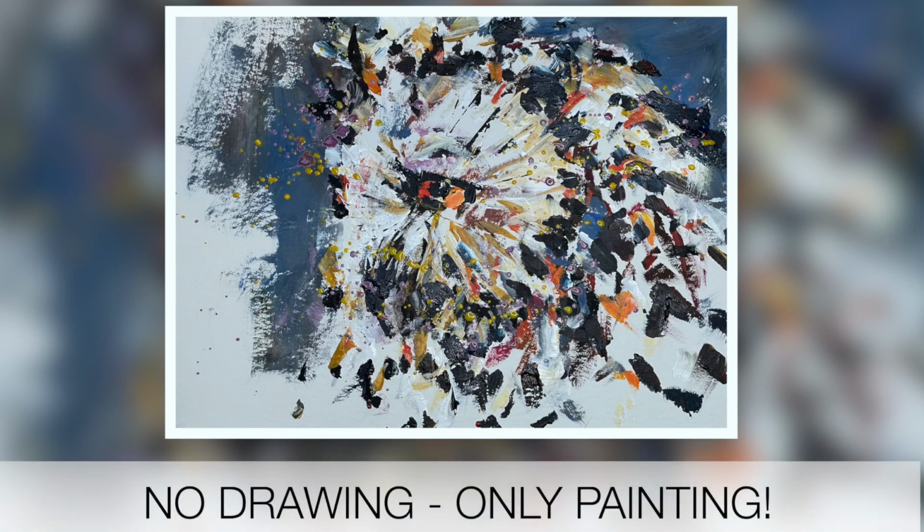This is a no drawing, only painting. I'm literally going to be painting with my brush without any outline drawing. And this owl is pretty much from my imagination. It's just to get you painting in acrylics, not worrying about the finished result, just painting on marks, splashing on